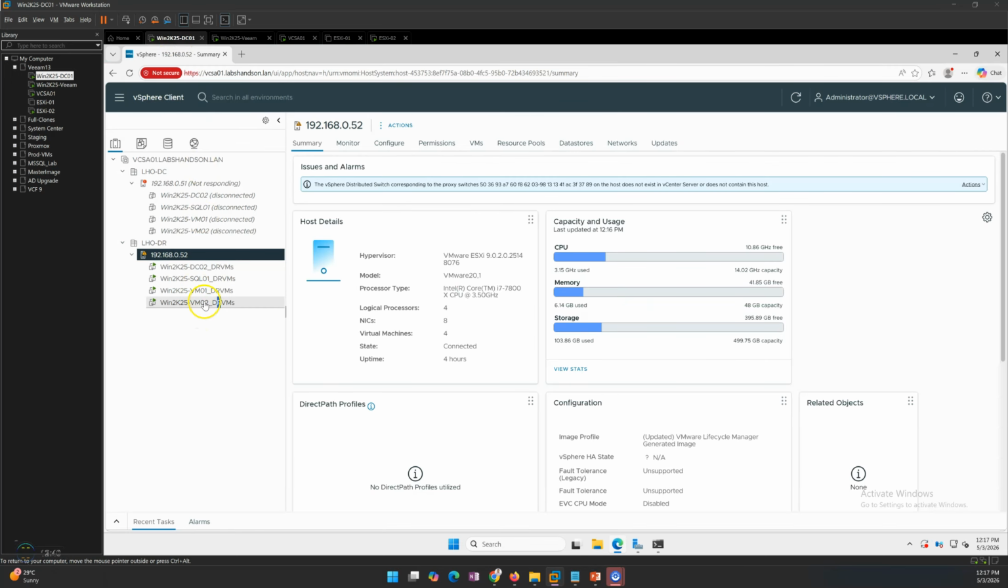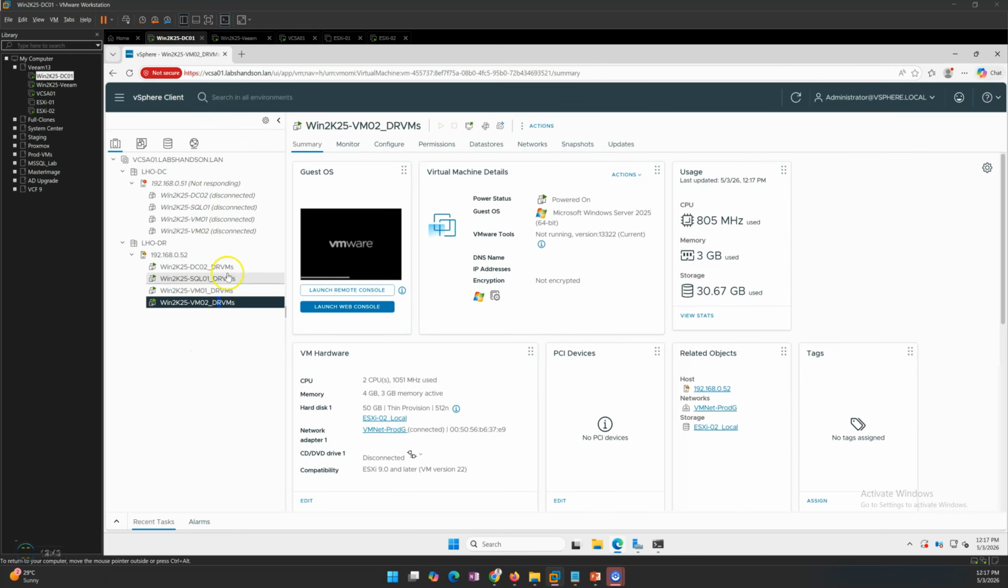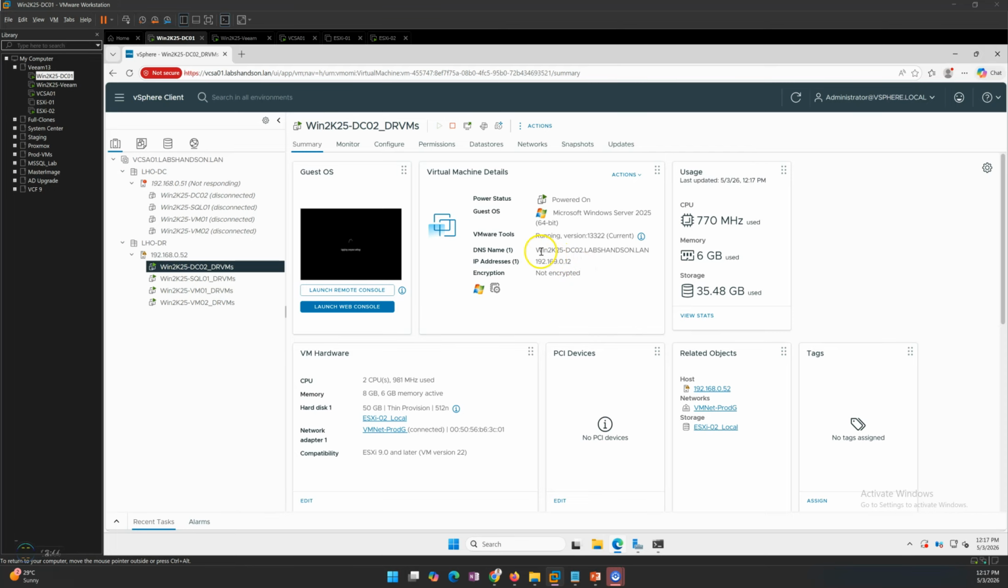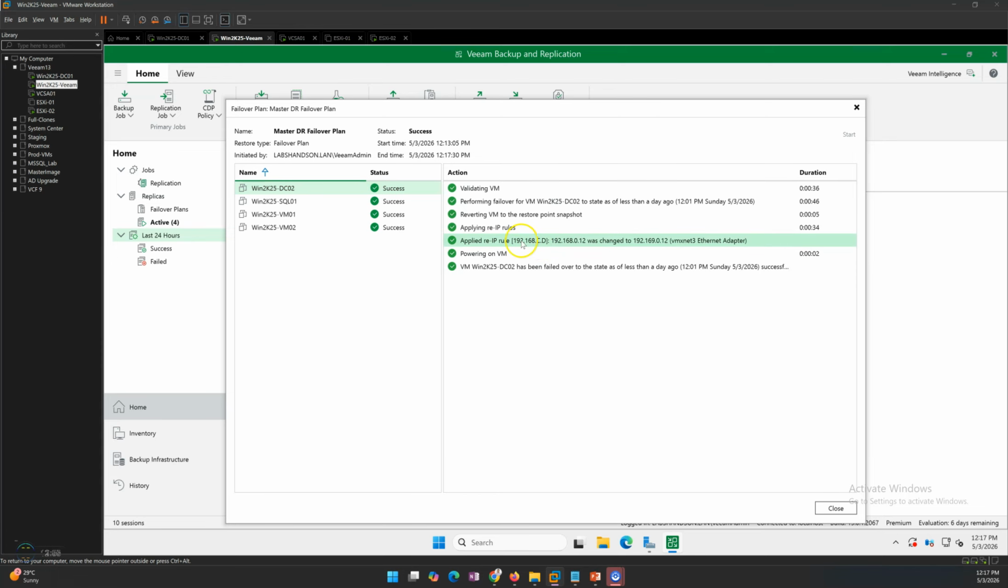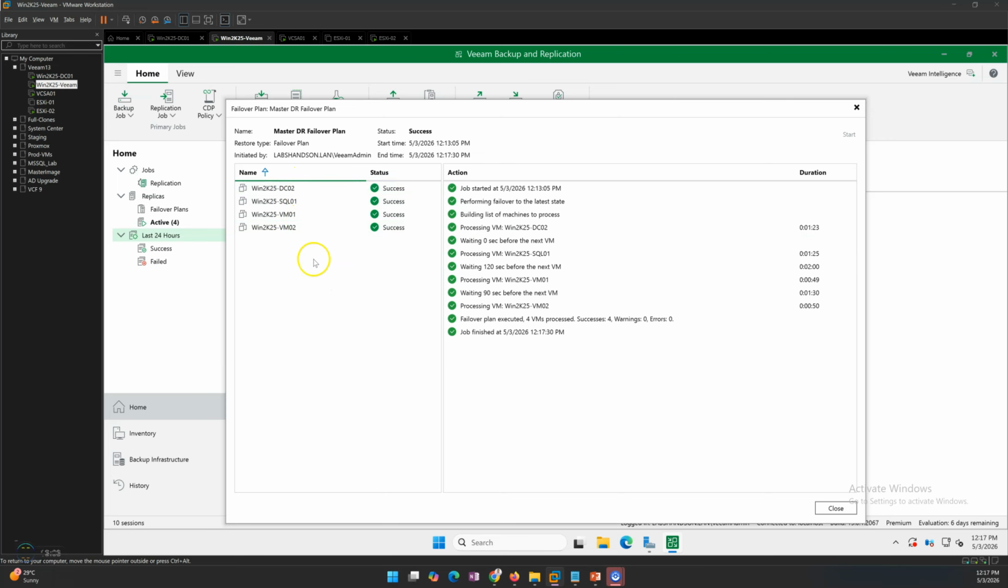So here now you can see VM02 is powered on, and you can see these machines are now live with the IP address as per DR network strategy. So in DC we got 192.168.168.0, and here we got 169. So we got our virtual machine live migrated with the required IP, and now you can see the DR